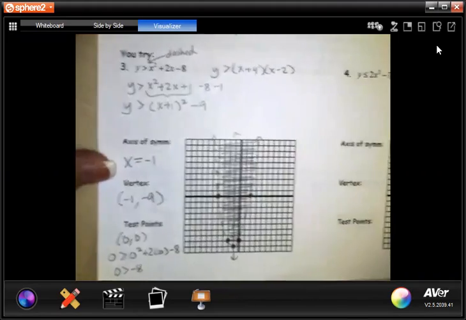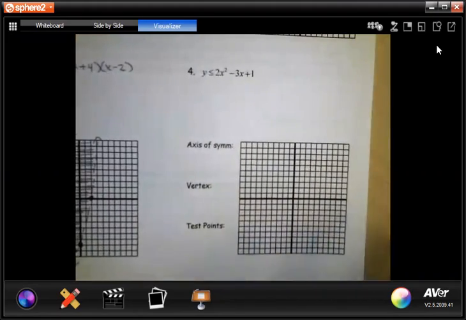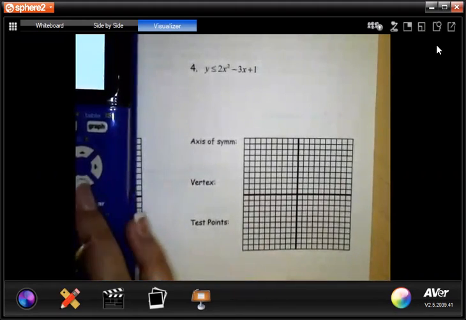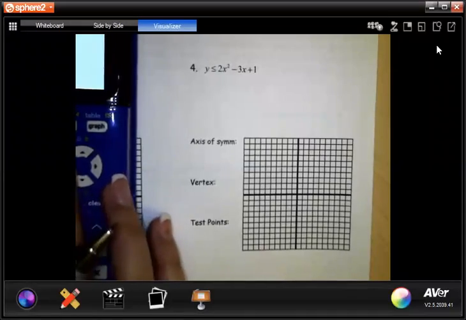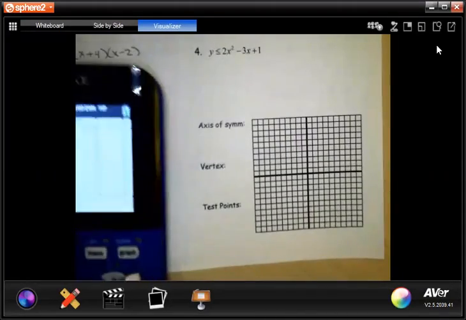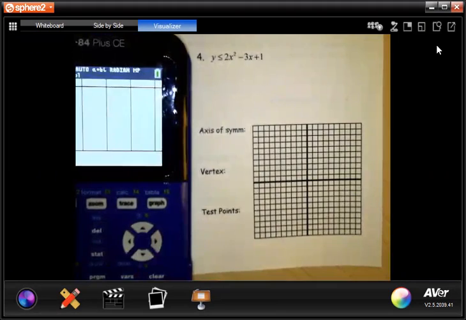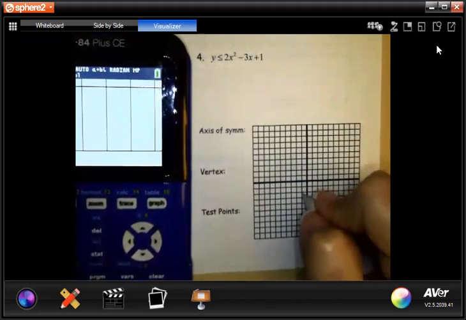All right, I'm going to go ahead and do one more. And again, for this one, I'll use the calculator just to graph it since it's in the standard form, so that we don't waste the time there. 2x squared minus 3x plus 1. And then I'm going to go to my table to find some points. When you're looking for points there, you want to see where it goes down and then back up. So at -1,